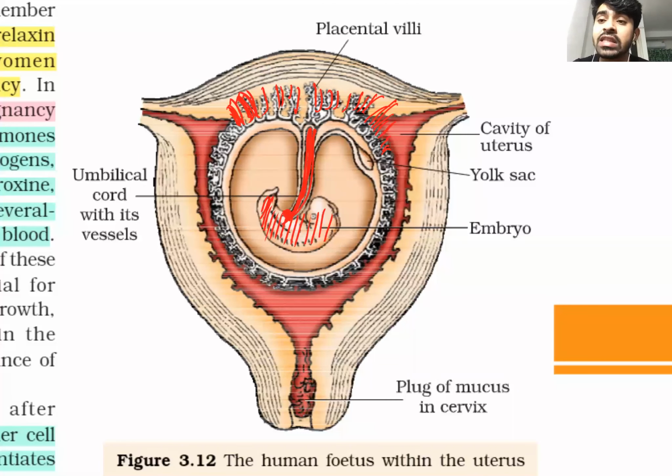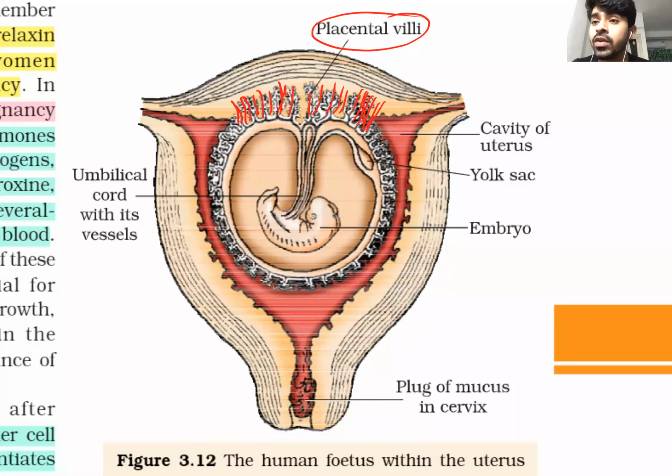Actually, no maternal membrane is present in the case of human beings. On the other side of the mother, there is only blood, no membrane. So any villi appearing here is a product of the fetus. That's why it is called the fetal membrane, and that's why it is called chorionic villi. So this pointing is very, very important. In NEET 2016 or 2017, this question was already set, that this is a placental villi.